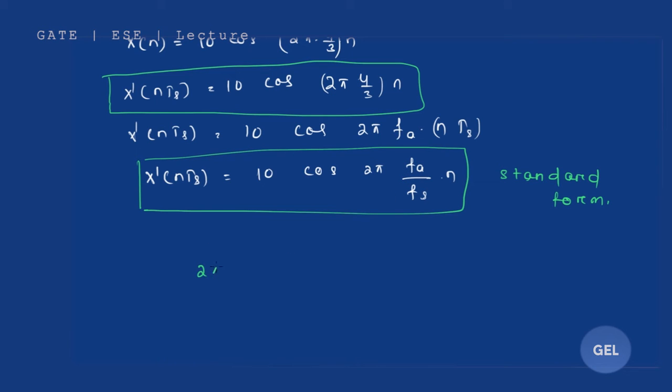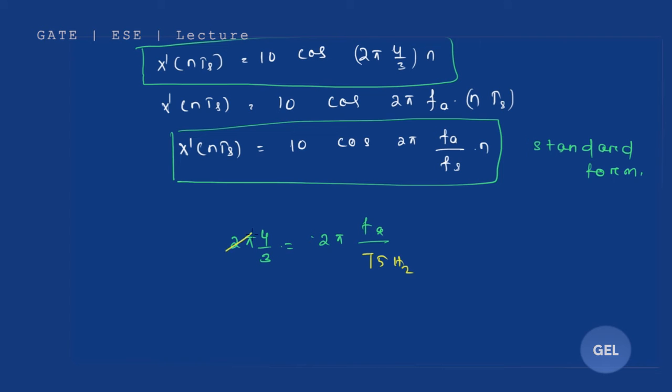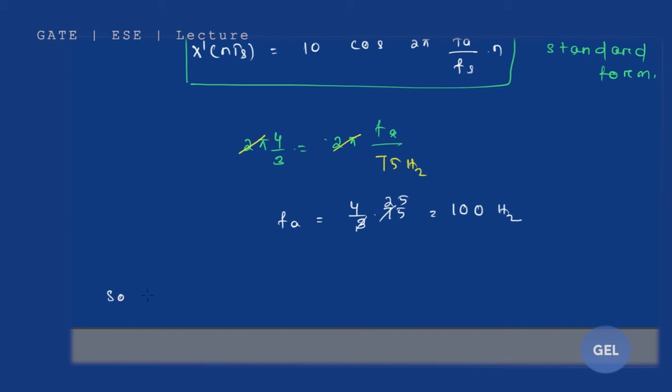So 2π into 4/3 into n equals 2π fa/fs. Clear? And fs is given. What is fs? It is 75 hertz, sir. 75 hertz. So we can find out. 2π will cancel out. So fa equals 4/3 into 75, which is 100 hertz. Clear? So 100 hertz is the